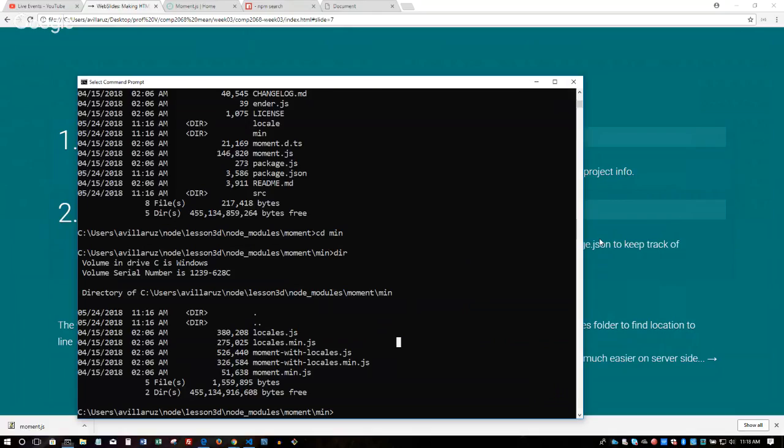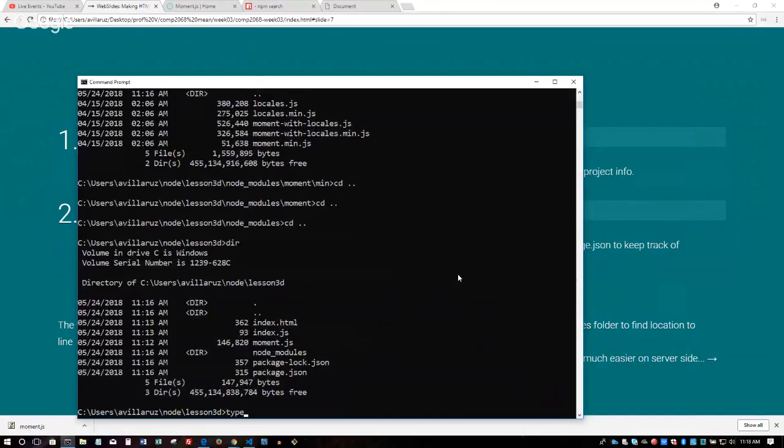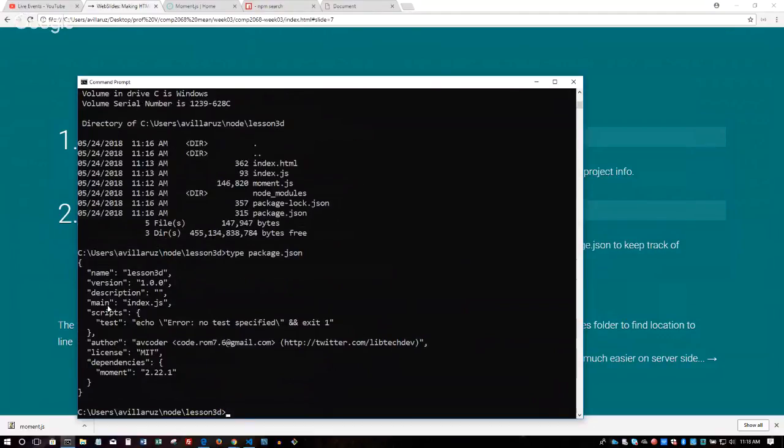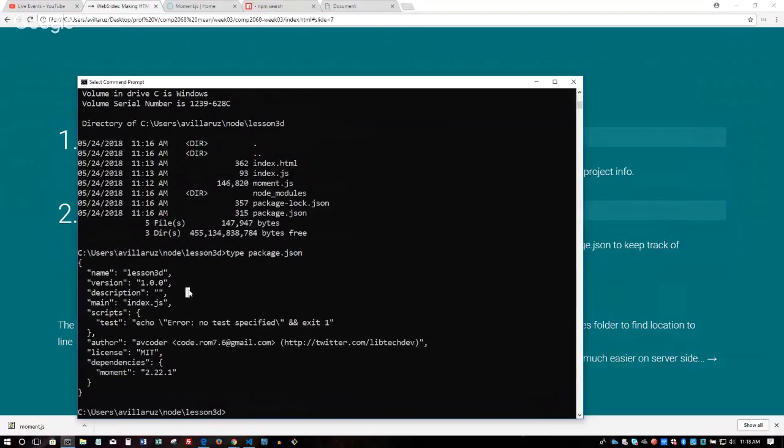So let's take a look at the package.json for a second. So here's the new package.json. Do you see something new? Under dependencies. Under dependencies, when you said npm install moment, it actually added this new entry of moment under dependencies. So when you're creating your Node app, you're always saying npm install connect, npm install express, npm install whatever. It's going to keep track of this. Okay?